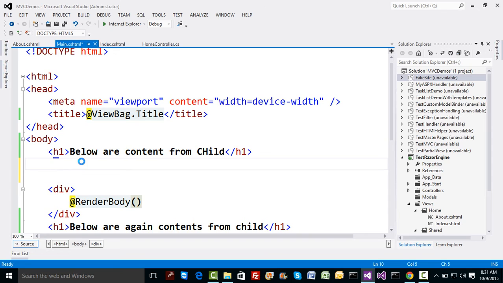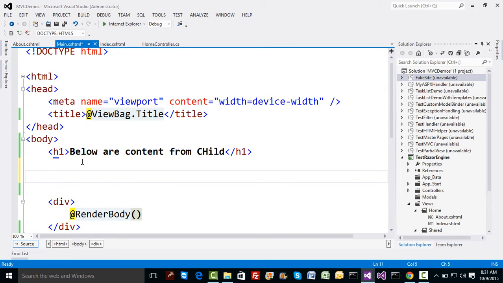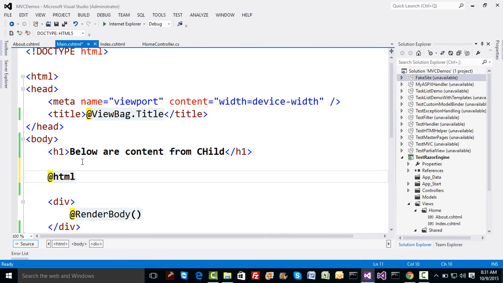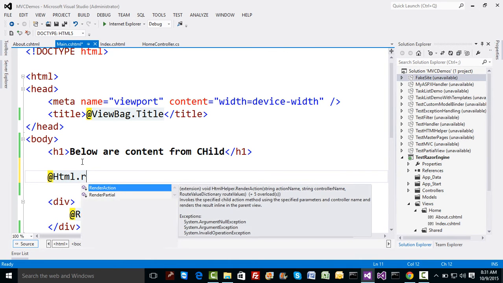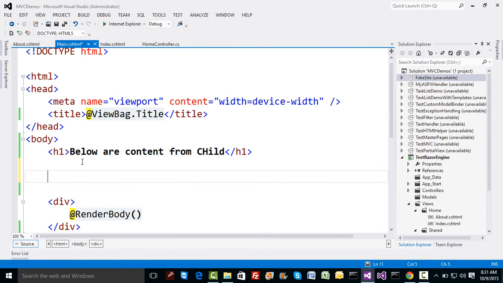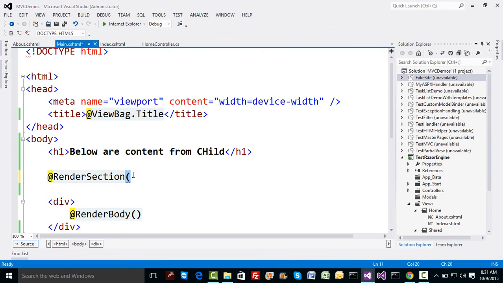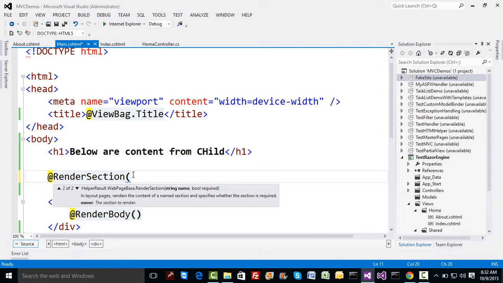So what I'm going to plan now is I'm going to define over here at the rate, we have something called as, my mistake. So we can specify @RenderSection, and we can specify now content placeholders. We have something similar like content placeholder. It's called as sections in case of Razor. So we can specify name for the section just like we specify name for the content placeholder. Let's call this as maybe ContentPlaceHolder1.